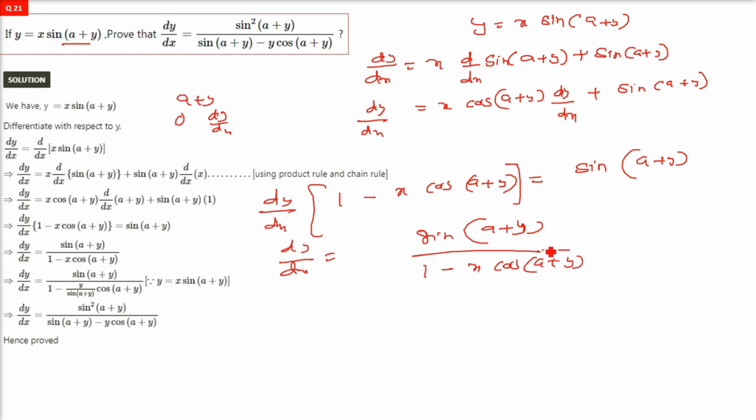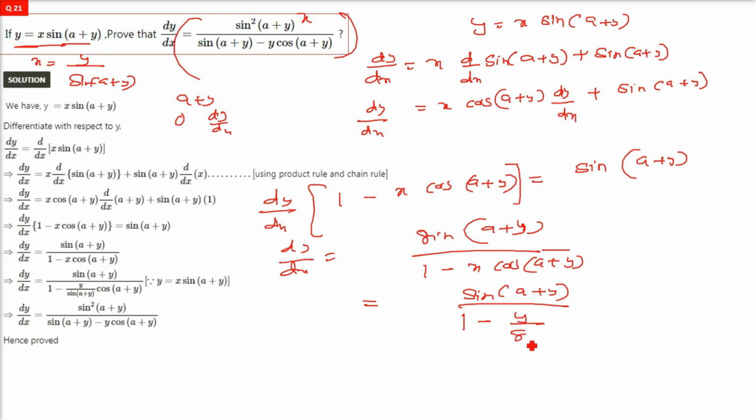No, because there is no x on the right hand side, and since we have y equals x sine(a+y), we will use this here. As I have been reiterating, there is no x here. So in place of x, we will replace it by y by sine(a+y). The x will be y divided by sine(a+y). So this is going to be sine(a+y) divided by 1 minus, in place of x I am writing y by sine(a+y),